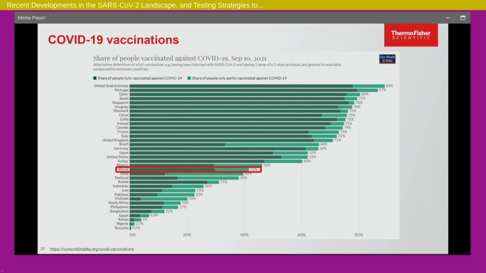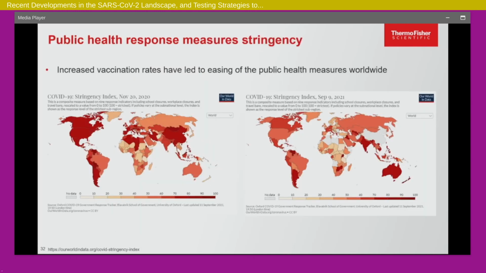At this point, world vaccination for COVID is around 42%. The US and some of the rest of the world have quite good numbers, in the 80s or even higher. But overall, vaccinations have gone up. What that means is that public health countermeasures are coming down, because people are feeling like we can get back to some sort of normalcy. When that happens, why would you not expect things that went down to want to go back up again?